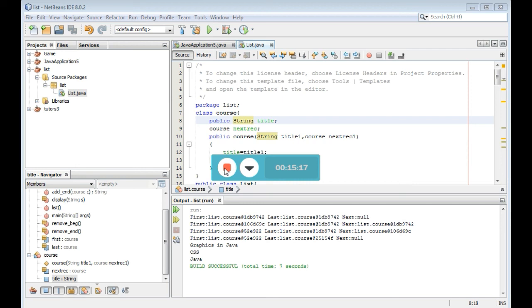You have seen another thing. If you see, this is a string. If you make it an object, then when you work with a dynamic data structure, you should use object.